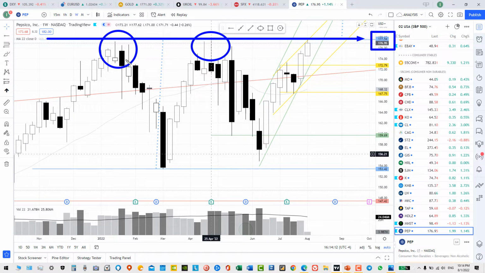It's clear that Pepsi reflected through shooting star, bearish candlestick, and another double shooting stars at the second time. So every time Pepsi tries to pass through 177 barrier, it fails, showing signs of bearishness by showing reversal candlesticks